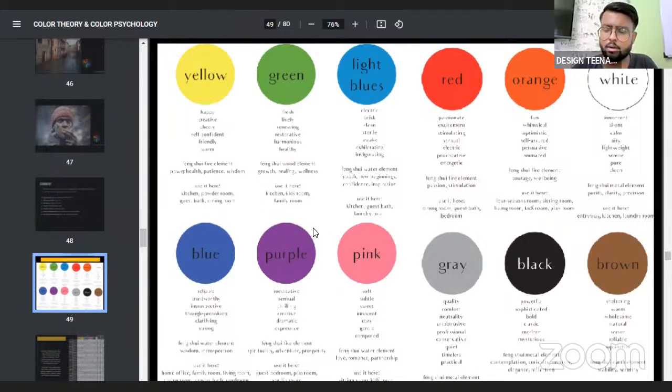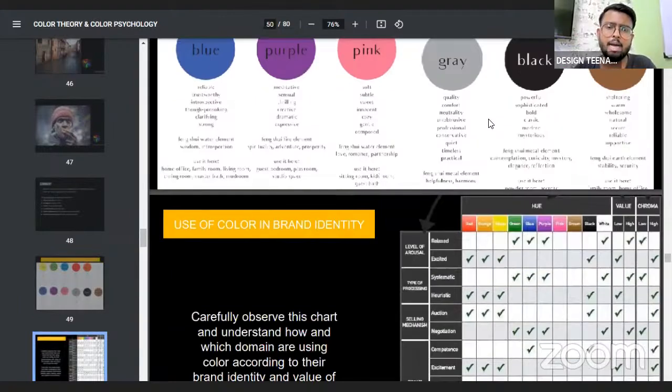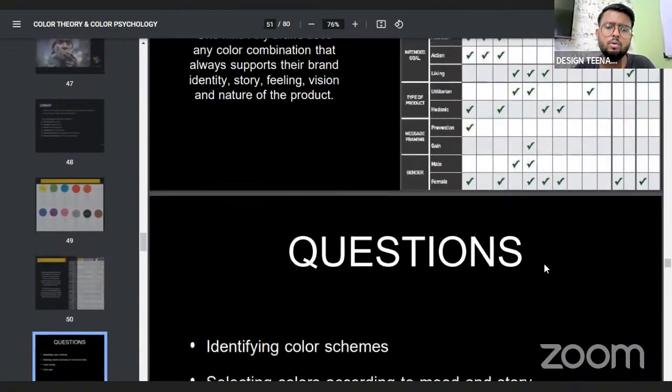So what is color psychology? Color psychology is nothing but whenever you see a composition, the kind of color, or as a whole, what the composition depicts, what is the look and feel. So for each and every color, you have a particular mood, a particular feel. For example, the very simple one, which most of you know, is white, which stands for peace, calmness, silence, lightweight, pure. These are the terminological things that you will have to know and understand. And apart from that, we have black and a few other things also that you can go through.